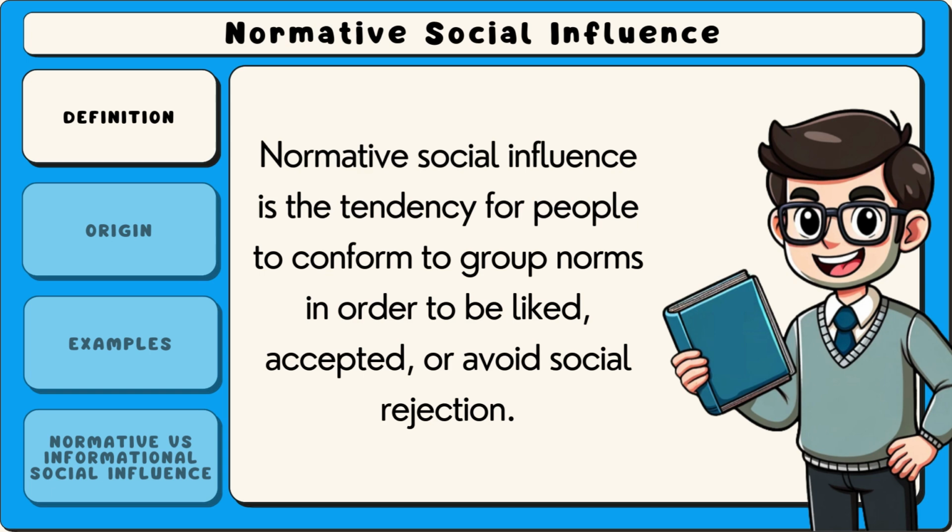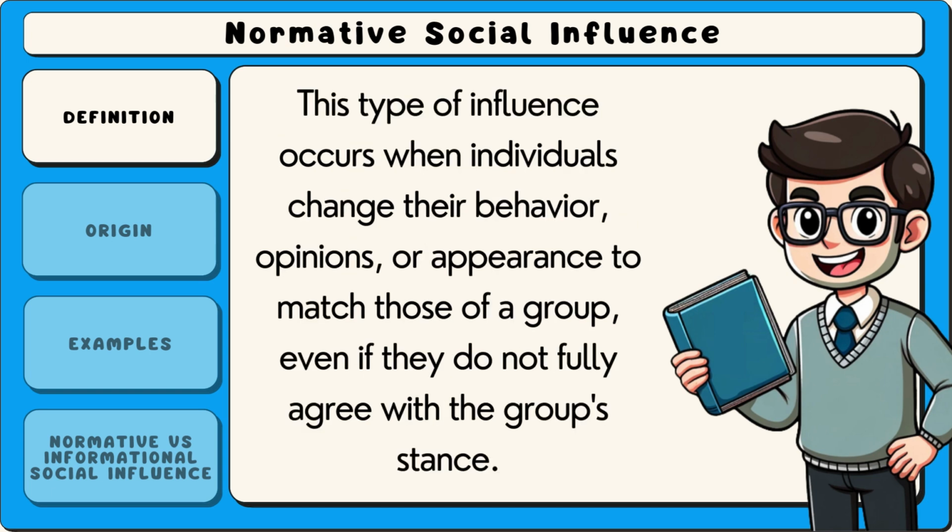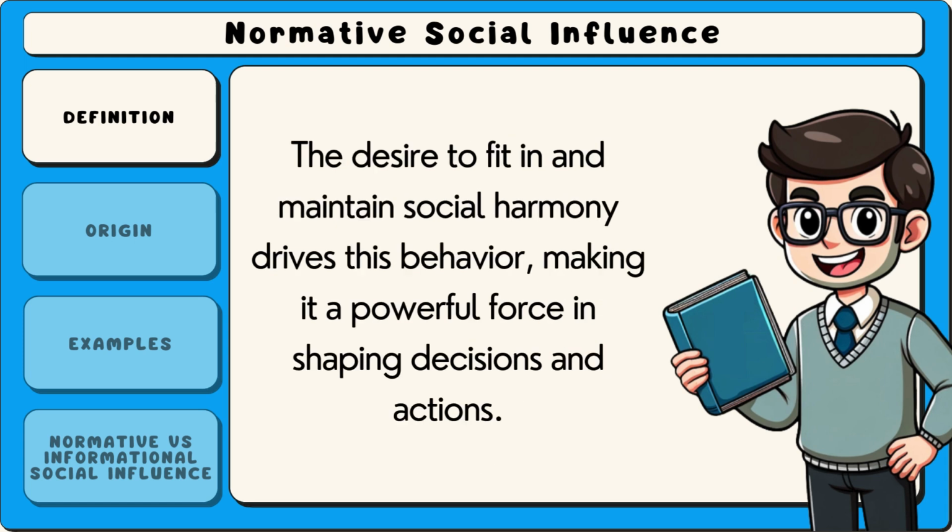Normative social influence is the tendency for people to conform to group norms in order to be liked, accepted, or avoid social rejection. This type of influence occurs when individuals change their behaviour, opinions, or appearance to match those of a group, even if they do not fully agree with the group's stance. The desire to fit in and maintain social harmony drives this behaviour, making it a powerful force in shaping decisions